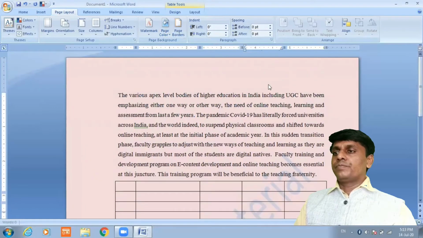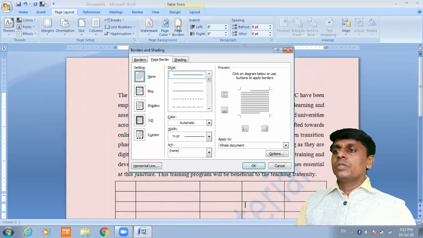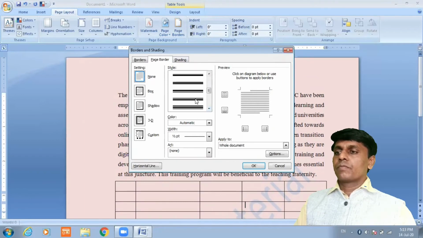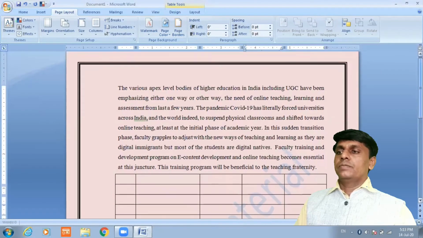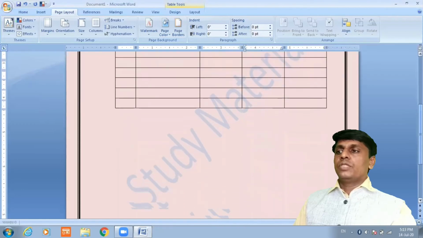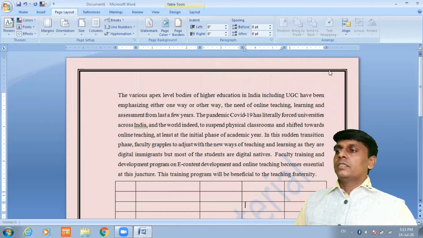After page color, if you want to border your page, then go to page border and select page border from here. There are various page borders. For example, I have selected this one. Say okay, your page is bordered. So these are the important things in the Page Layout button.